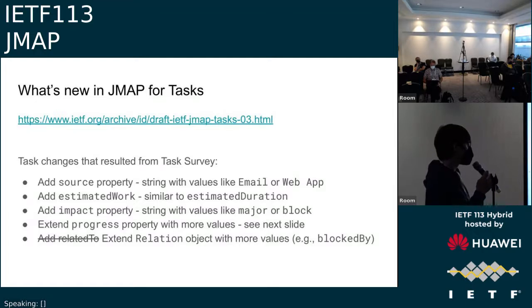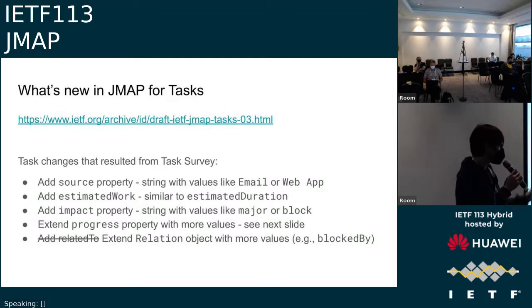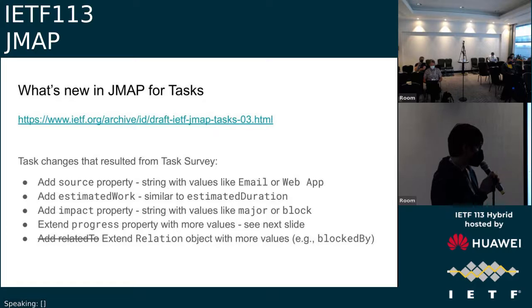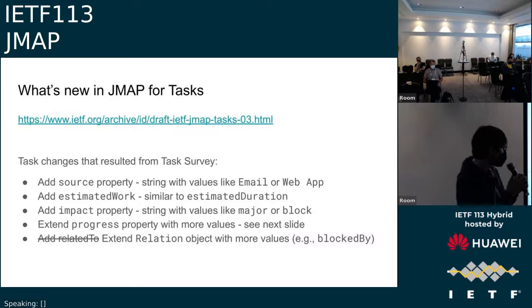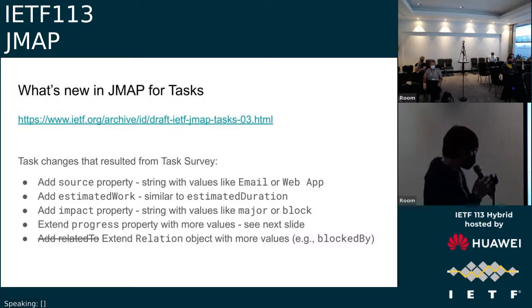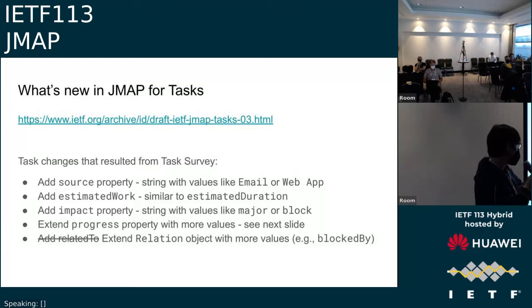And then there's the progress property. I extended the progress property with some more values, which you will see in the next slide. And then I slipped in a small mistake that nobody noticed, and I only noticed it a few days after I published the spec. I added relatedTo, which was already in JSCalendar.